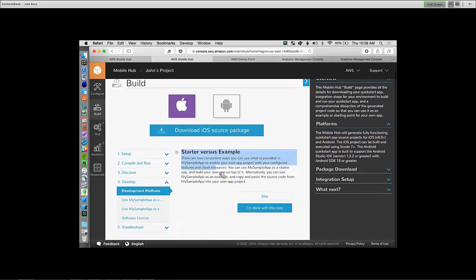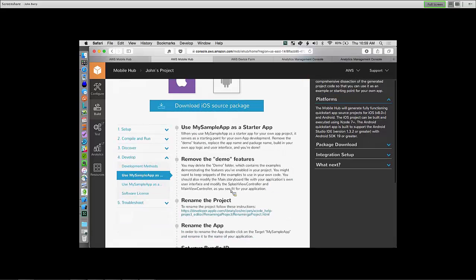And this down here basically is what I was talking about, where we would provide the application that you can use as a starter application to build from and use the project itself, or an example application where it's just giving you an example of the best practices and you don't actually have to use the application.